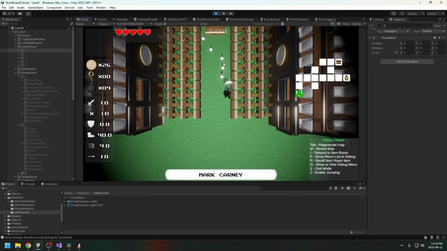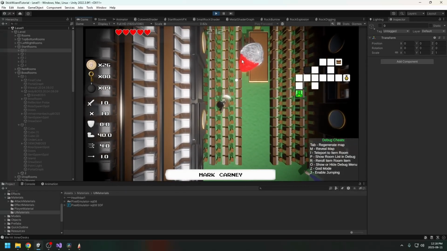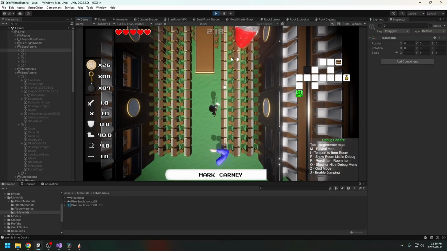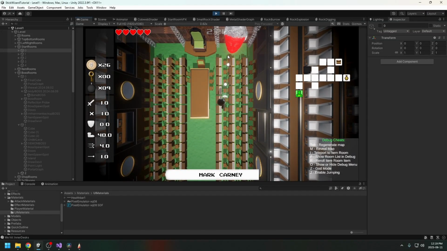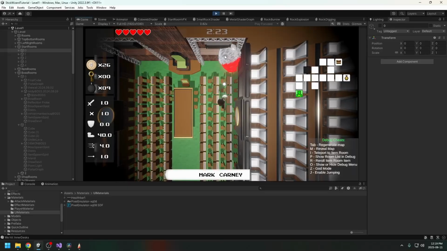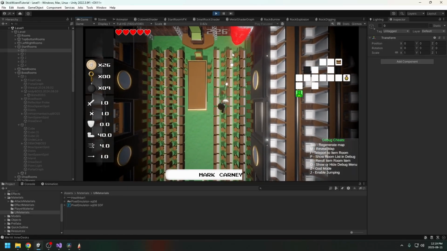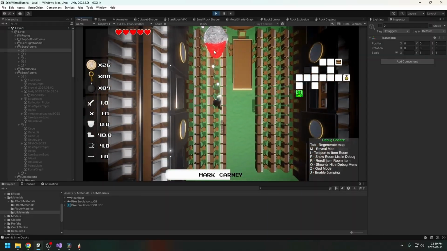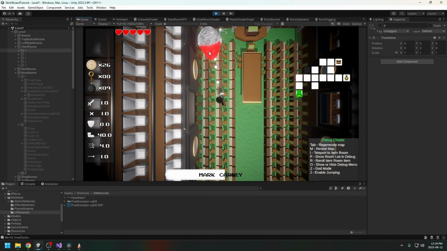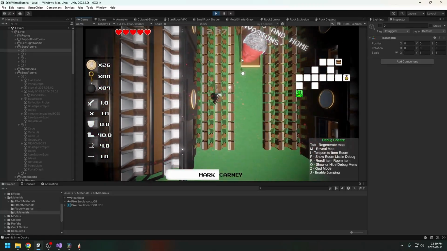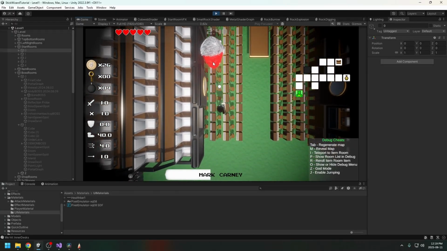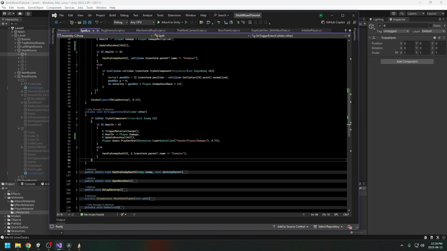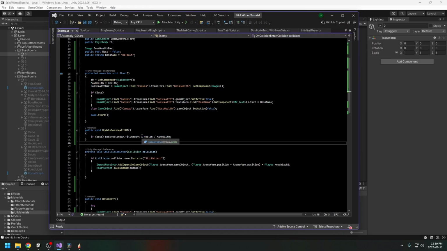Okay, so now we just have this basic kind of white looking health bar at the bottom. You know what we need to do? We need to make it flash red every time he gets hit over like a 1 second period. Okay, let's do that. So in the code here, if we go to the enemy, we want to create